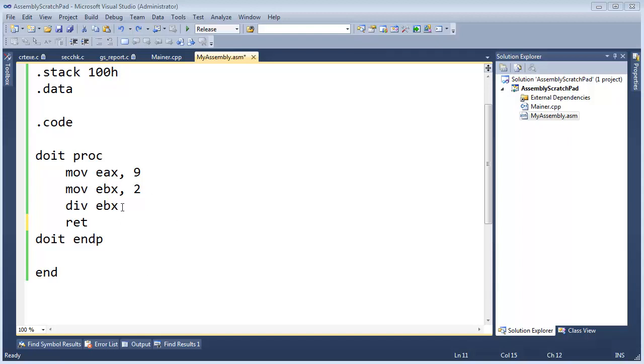Okay, I want to go back to division and talk about some gotchas and some caveats about the divide instruction. You remember we did 9 divided by 2, and that put 4 in the accumulator register, and it put the remainder of 1 in the data register. But I also kind of hand-waved, and I didn't tell you about something I probably should have. When we do the division,